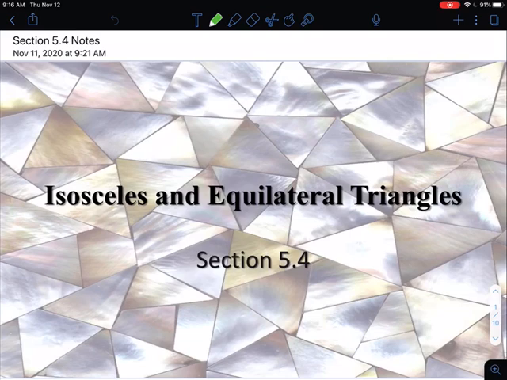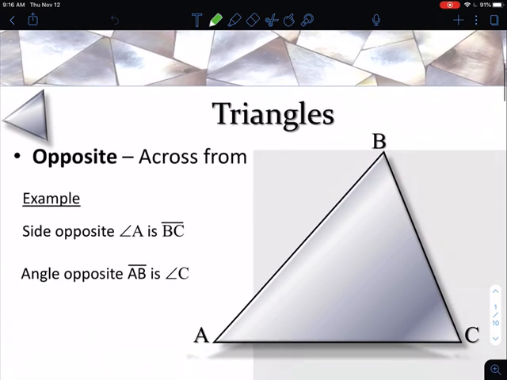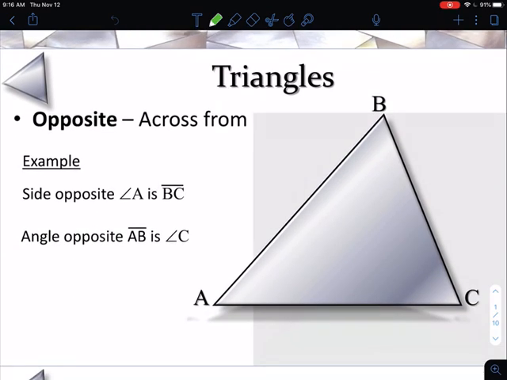So today we're going to talk about isosceles and equilateral triangles. Now these are the types of triangles we talked about back in the first section when we were trying to classify triangles according to their sides. So remember, isosceles meant two congruent sides, equilateral meant all three sides the same. So now we're going to talk a little bit more about those types of triangles and what else we're able to say involving them. So before we get into that, there's one term we need to talk about, and that's